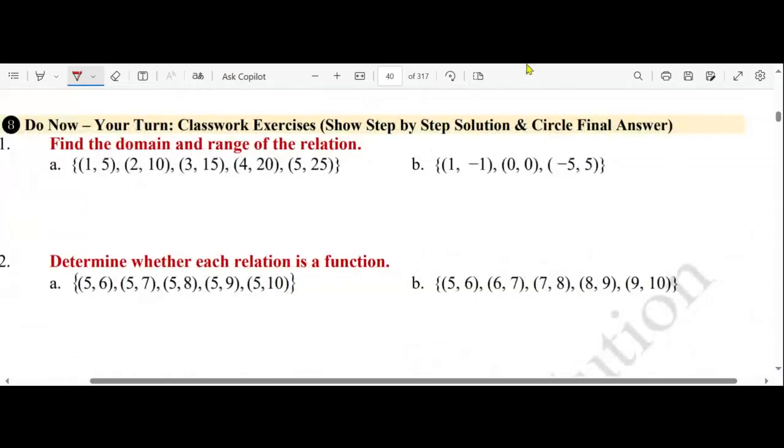Now it's your turn. Please do this inside your booklet. Yalla, you have 5